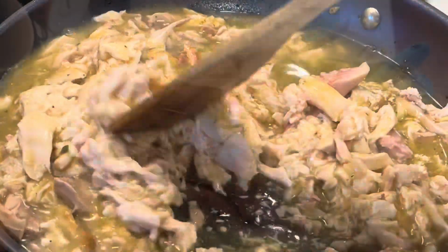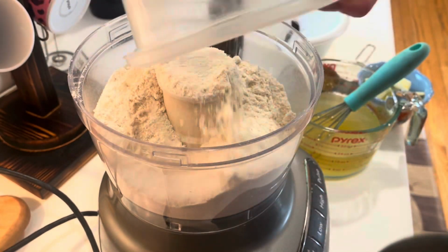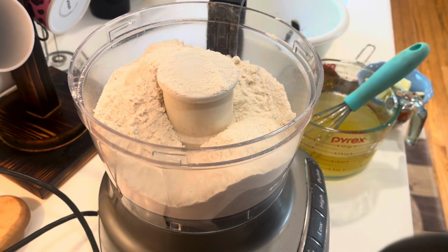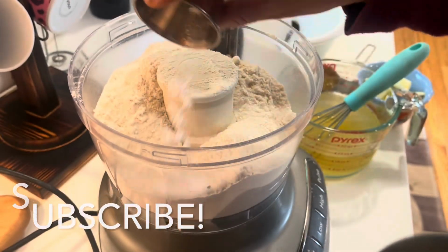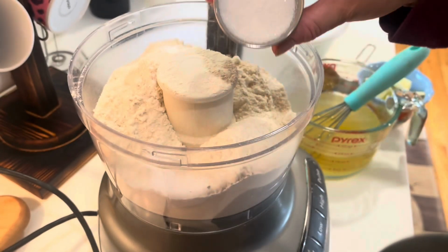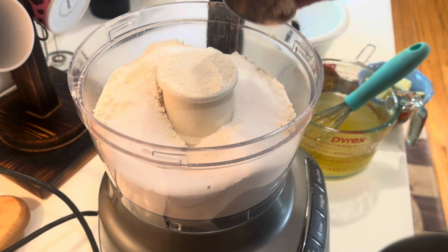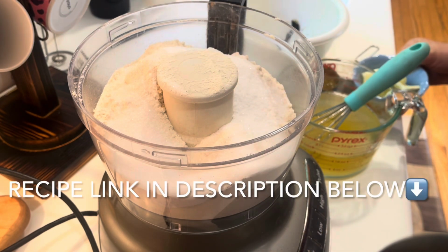I wasn't sure if it would turn out. Okay, now I'm making the tamale part. So I have 3 cups of masa, which is corn flour, masa harina, and then 2 teaspoons of salt, 3 tablespoons of granulated sugar, baking powder, ground black pepper,